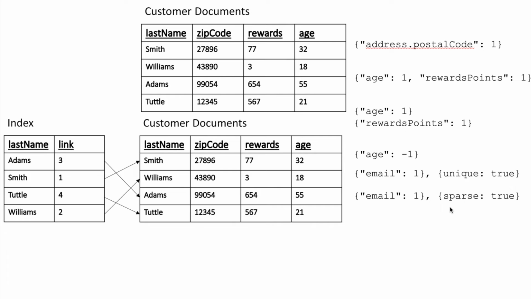These ones have to do with our sample bookstore application. Here's some examples of what you would want to do. Let's say you wanted to target some marketing just in one zip code. To do that, you would create an address.postalcode index, and you would say 1. Here's one down here that does age, and you're doing -1,